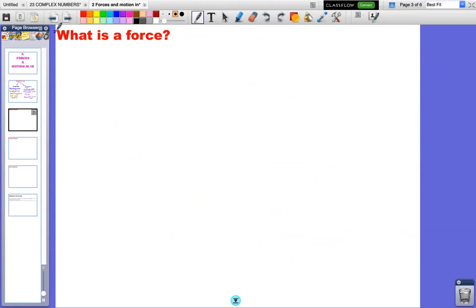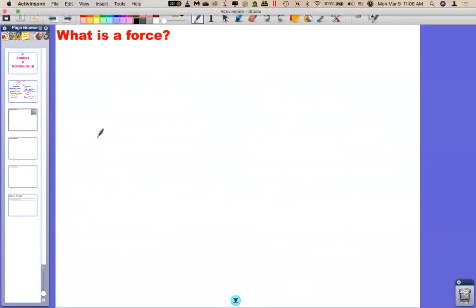What do you guys think is a force? Does anybody already know how to define a force? Anybody can speak. What is a force? Force is a rate of change of momentum. Very, very good. You are too advanced. Yeah, you are the further math student. So